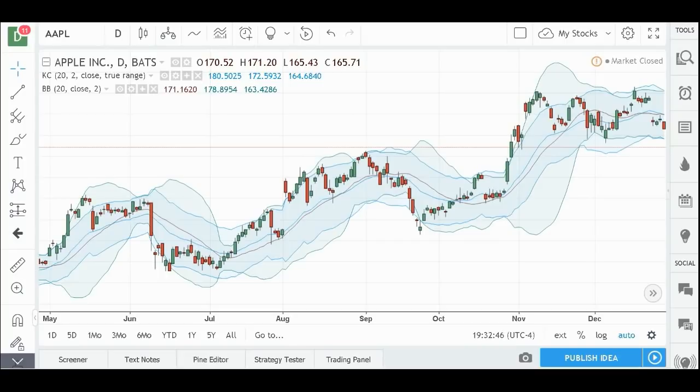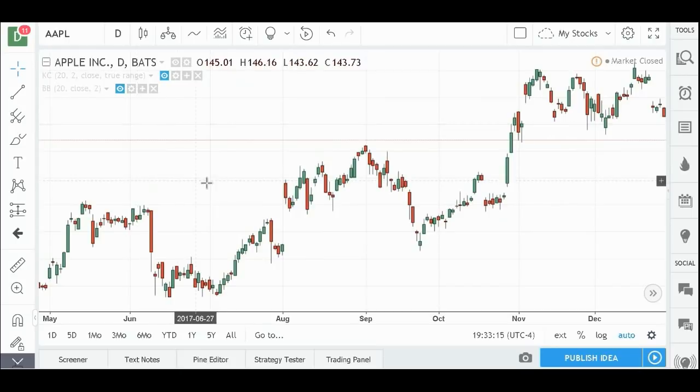So right now I'm going to go to tradingview.com. I like stockcharts.com. I like barchart.com. And another one of my favorites is tradingview.com. These are all free to use right now, so why not use them? And if you have your own trading platform on your broker, you can certainly use that as well. You just have to make sure you find something that has Keltner channels, Bollinger Bands, and all of your favorite indicators.